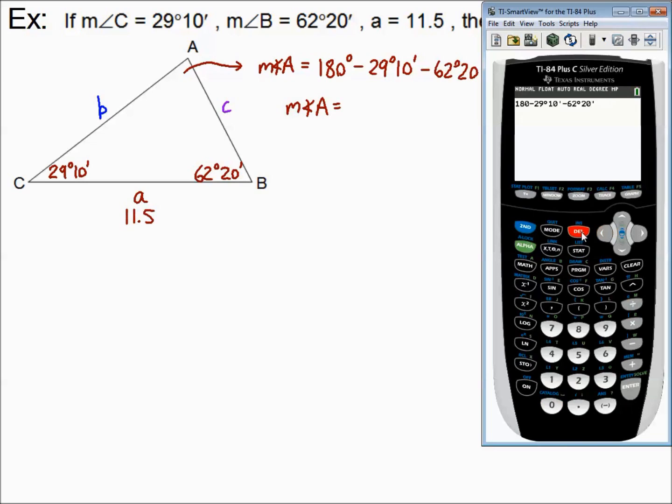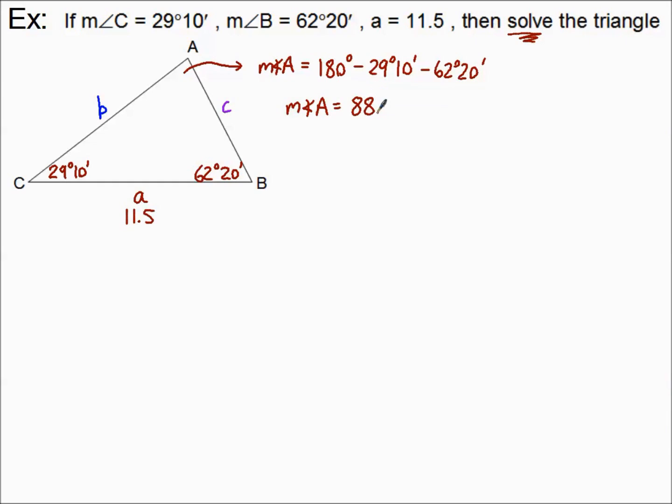Okay. So 180 degrees minus 29 degrees 10 minutes minus 62 degrees 20 minutes. I'm going to press enter and get the decimal equivalent of what this is. Since it's exactly that decimal, I can use my equal sign, 88.5. But if our problem started with degrees, minutes, and seconds, we should probably answer this in terms of degrees, minutes,